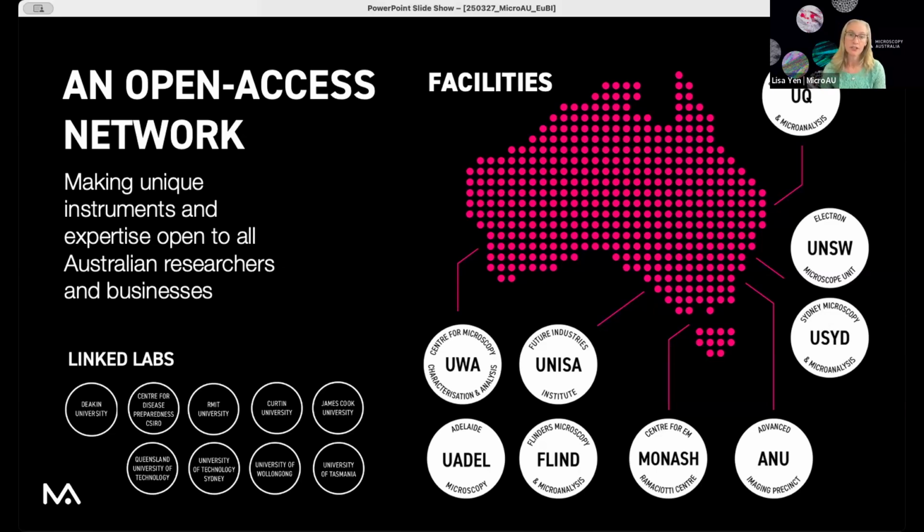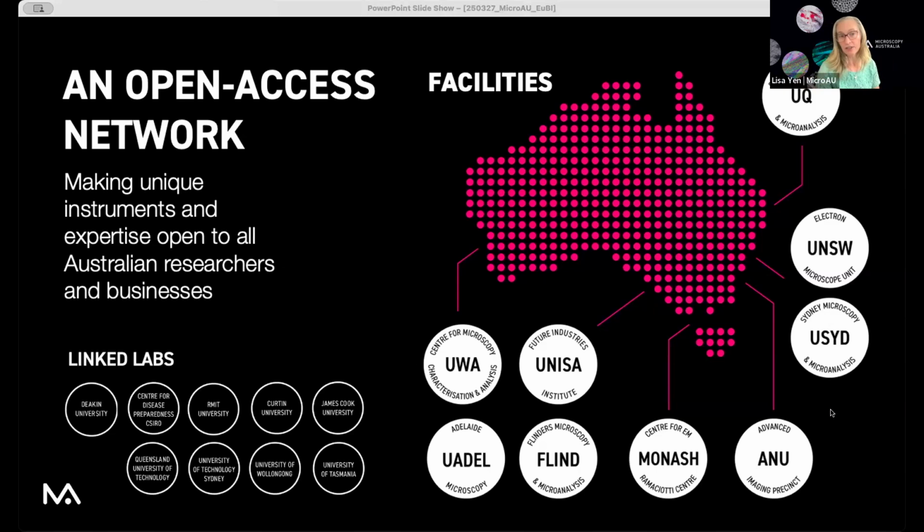But we also have connections to another 9 linked laboratories or affiliated groups where, and we'll come back to this when we talk about global bioimaging, part of the value is that networking and collaboration and professional development for the staff that are in those affiliated labs. So we do try and think a fair bit, and I guess unlike maybe some of the technical talks that you've already experienced, I was going to focus a little bit more on that coordination and collaboration aspect.